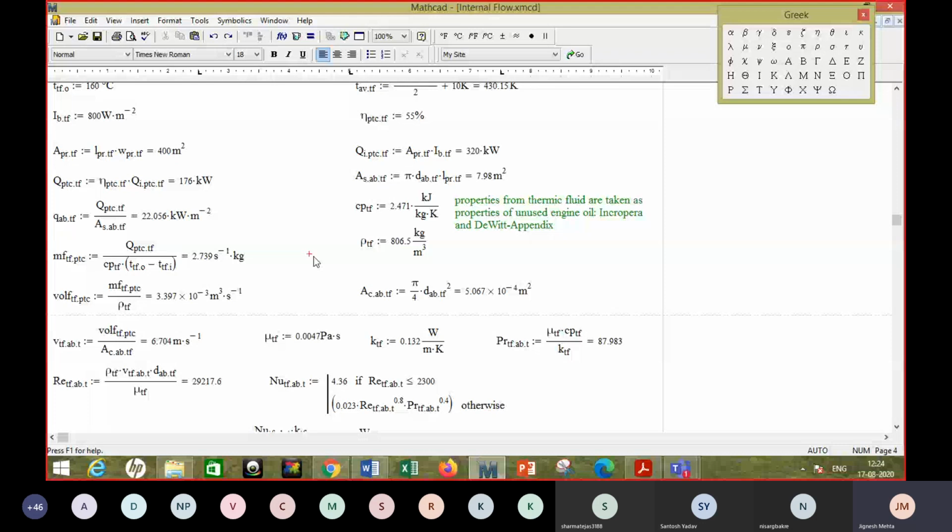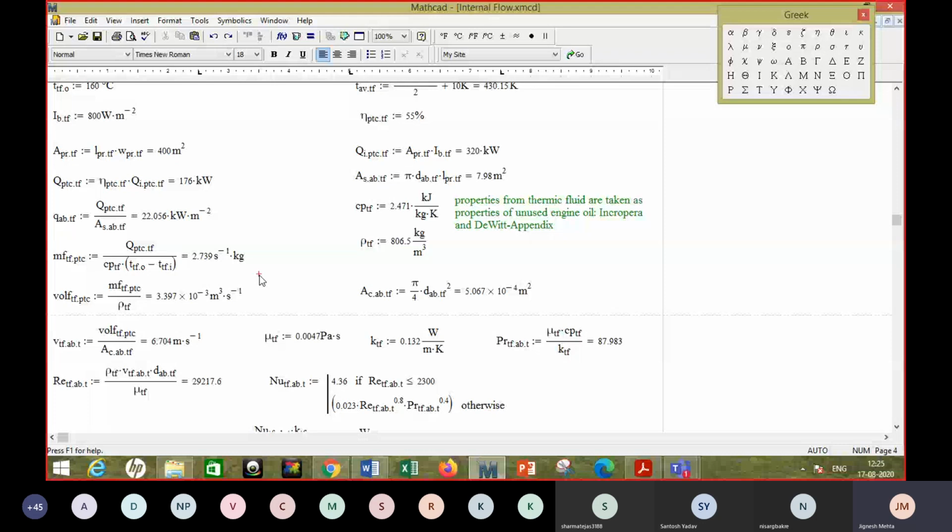Now we want to do the heat transfer analysis. So for that we would need different numbers, because we are interested in finding the heat transfer coefficient, that only will give you the surface temperature of the tube. So Nusselt number would be required. To get the Nusselt number, you need to know the Reynolds number and perhaps also the Prandtl number. So let us do that exercise.